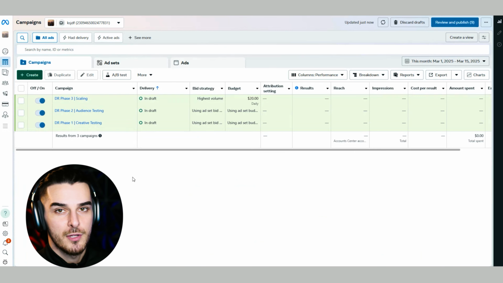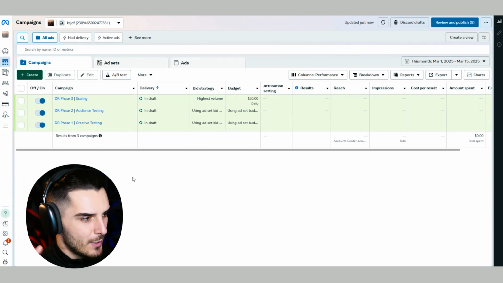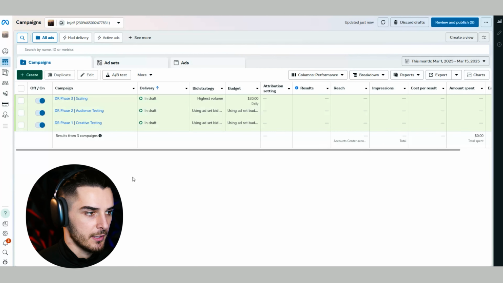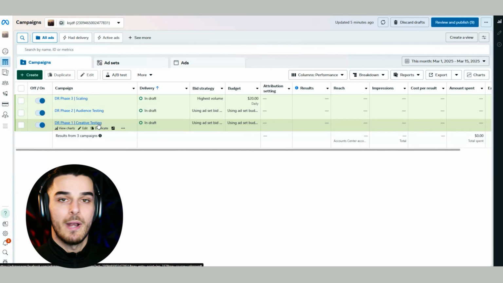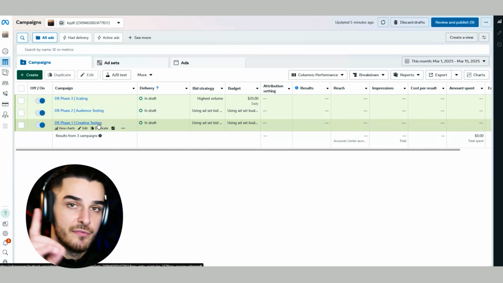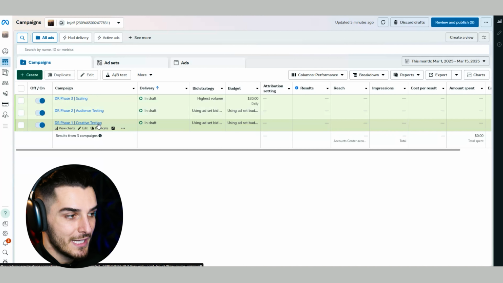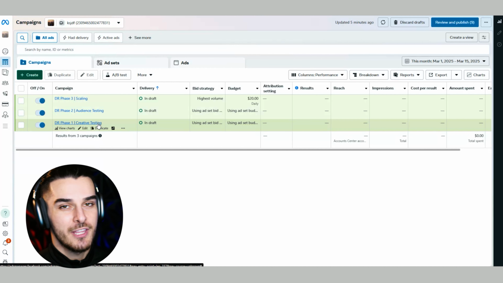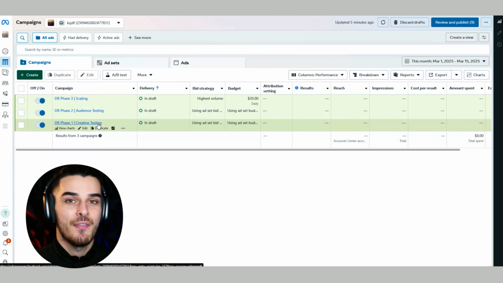Now, you might be asking yourself, why do we actually want to have 3 separate campaigns? And what's the difference? Like, why do we have creative testing, audience testing, and scaling? And if you're asking that, great question. Whenever we jump into a brand new ad account, the first thing we want to do is actually jump into the creative testing section. And here we're going to start playing with different creatives. And ultimately, the most important part of this is making sure that we find the right messaging that resonates with